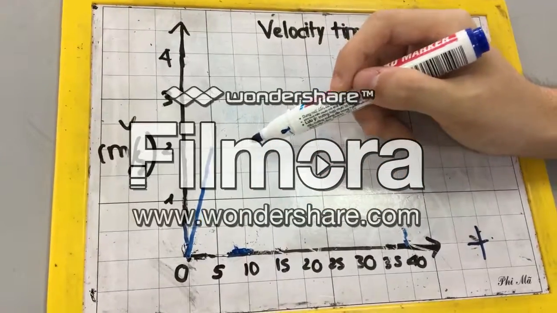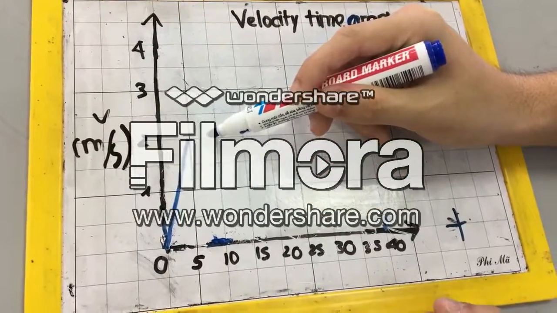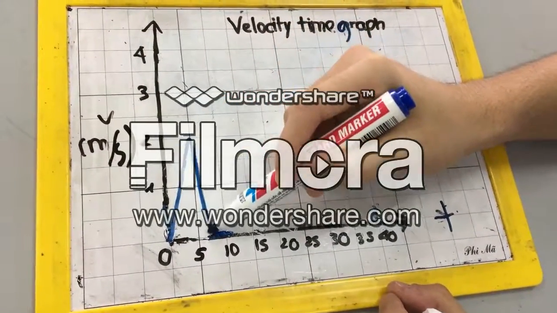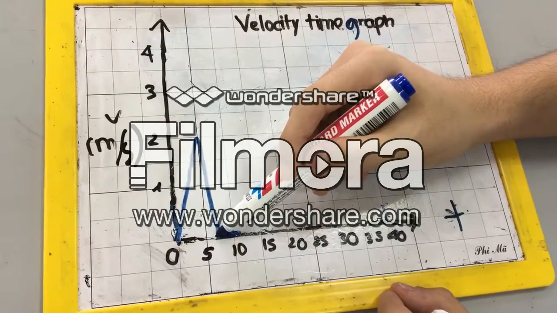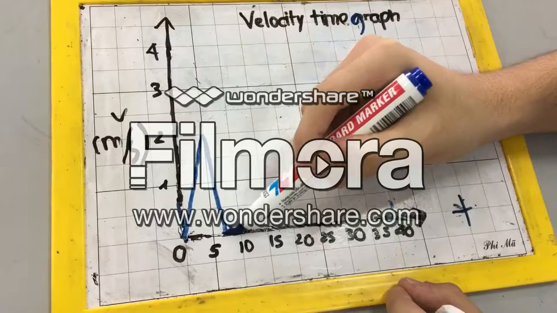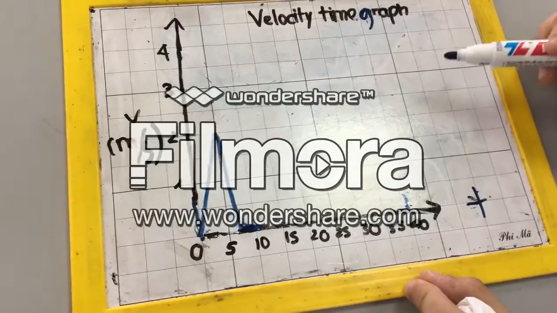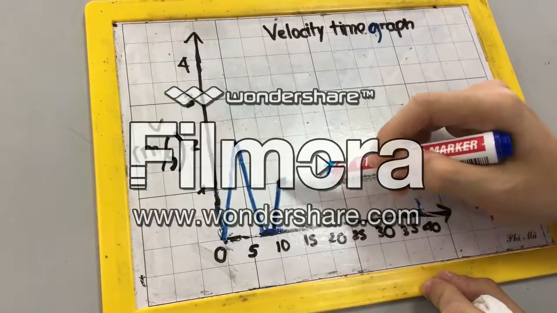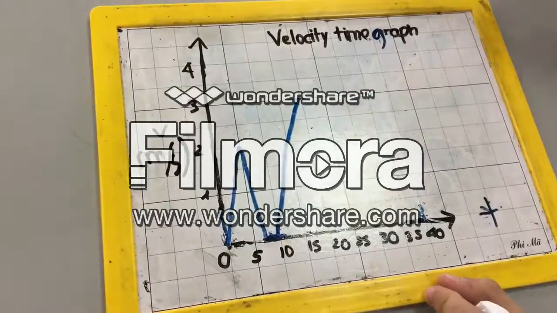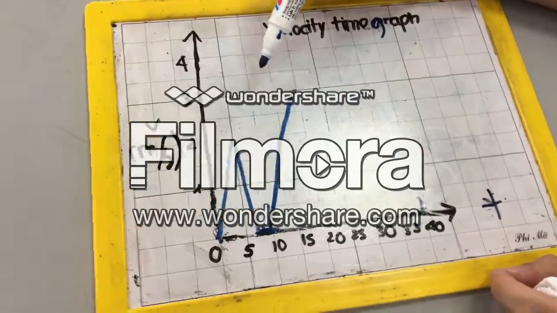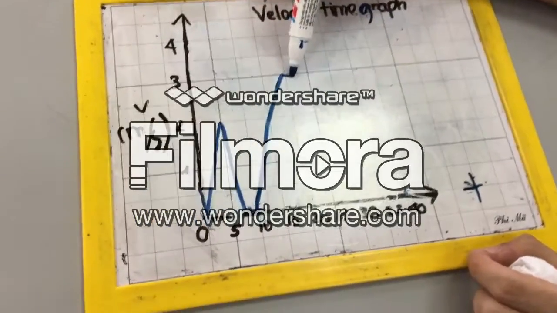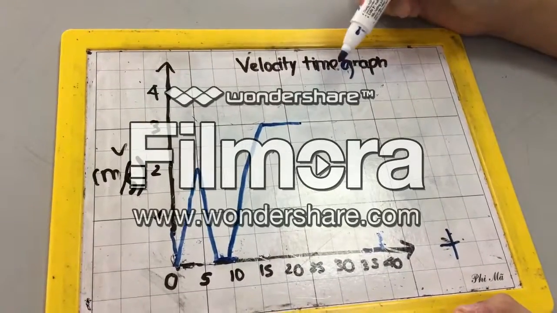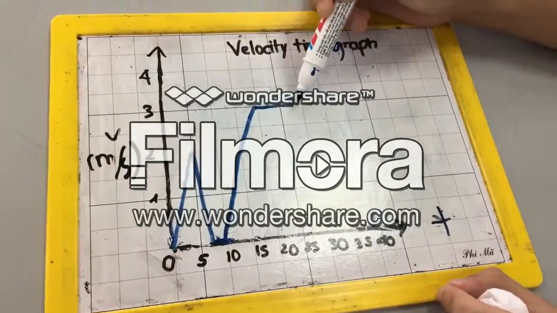We have this line, and then he decreased his speed because he had to pick up his friend, and decreases here. He has time to pick up his friend, which is zero velocity, this line, and then he speeds up to 3 meters per second, speeds up like this, and then his speed stays at 3 meters per second, keeps it here until he passes the bridge, or he will be late for school, so he speeds up by